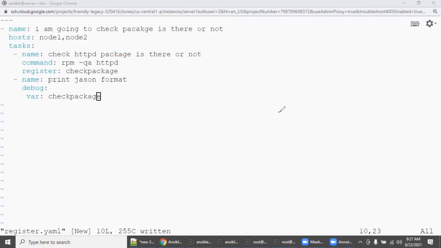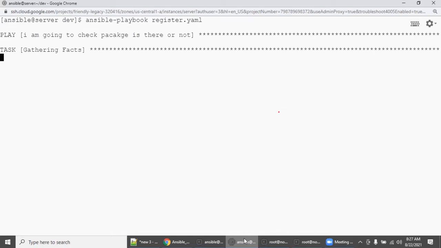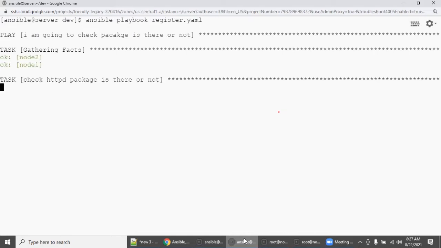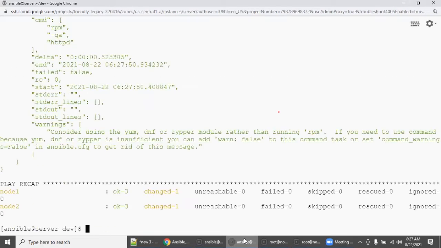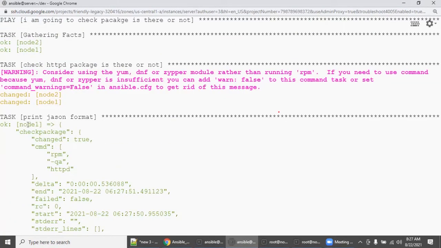So let's clear it. We are going to execute it. Let's check our changes are implemented. Yes, implemented. ansible-playbook register.yaml. Then you see the results. Wait for it. So it is checking. See here, this output generated from node 1.